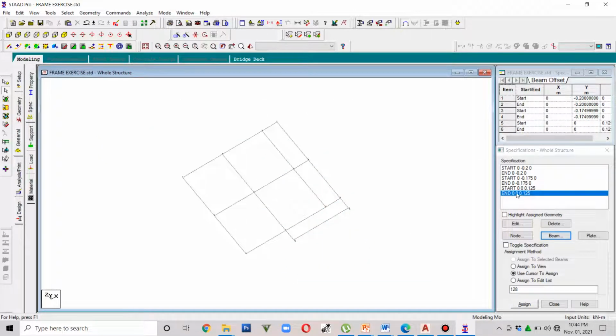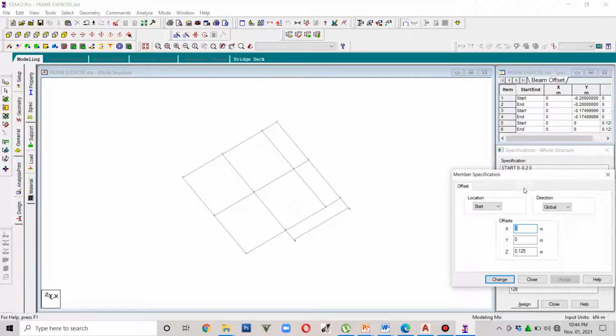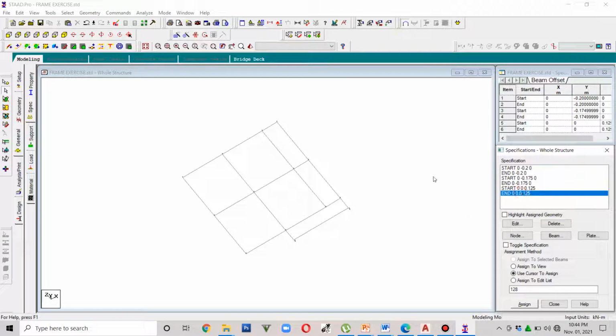Okay, so we have assigned here Z direction 1.25 and end for 125 for this beam. So if we are going to check that,